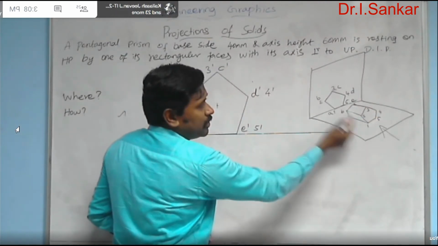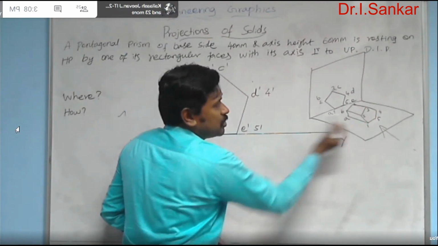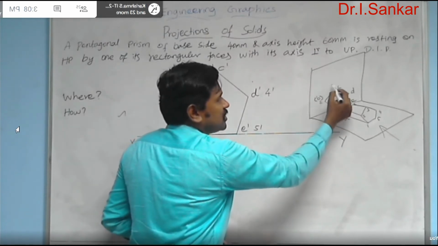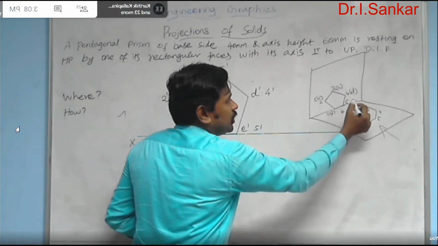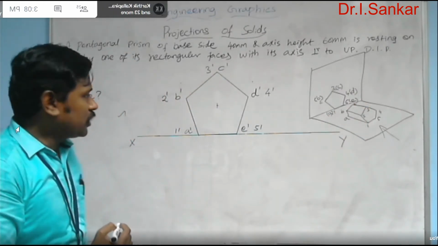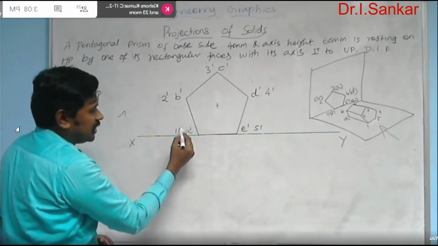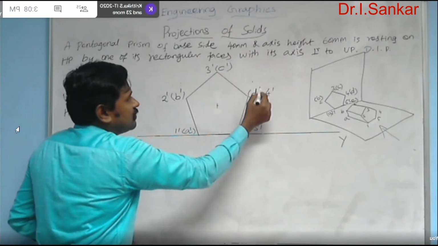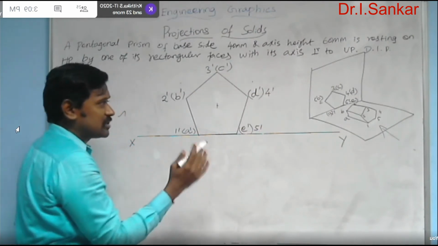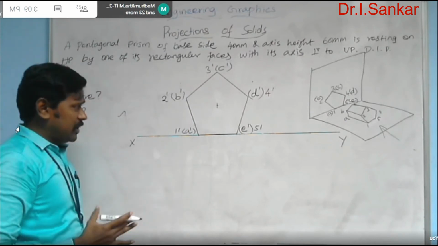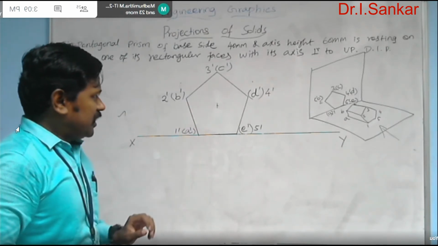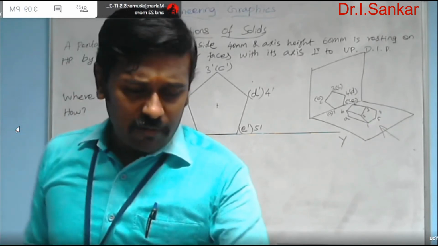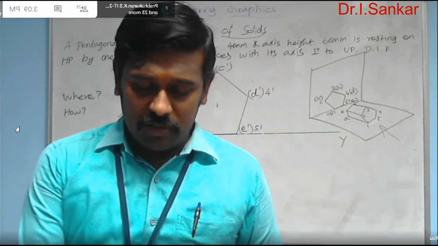So when you look from the front, which numerals and alphabets are visible to you? Numerals only. So all the alphabets in this base view should go inside the bracket. Here also the alphabets go inside the bracket, since they are invisible to our eyes when we look at this solid from the front. Okay, now only the front view work has been completed. You need to draw the projector from each and every corner towards the top view area of the solid.